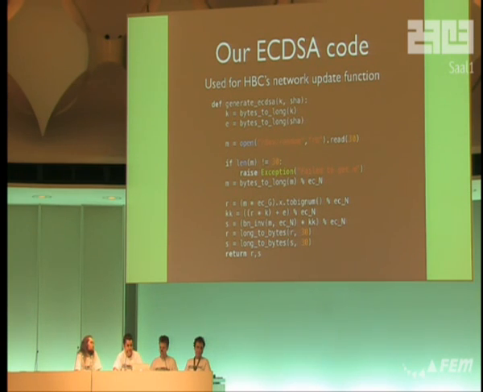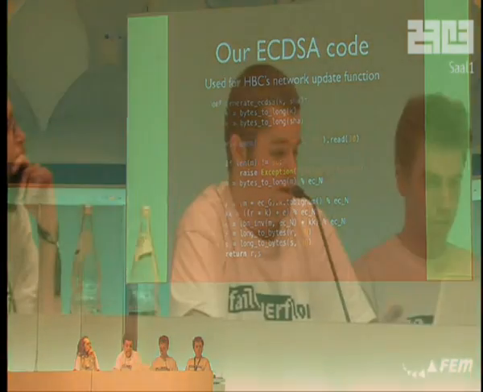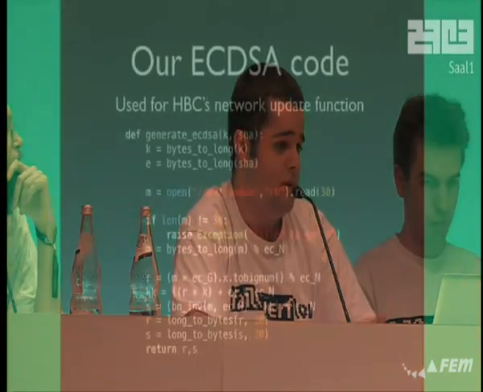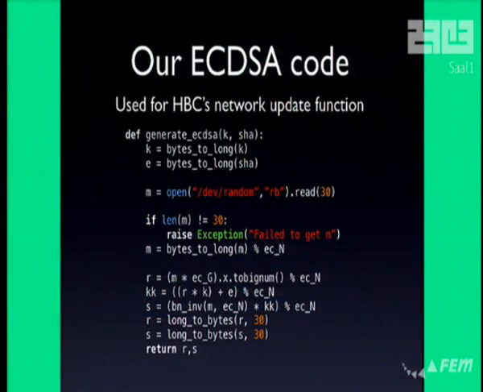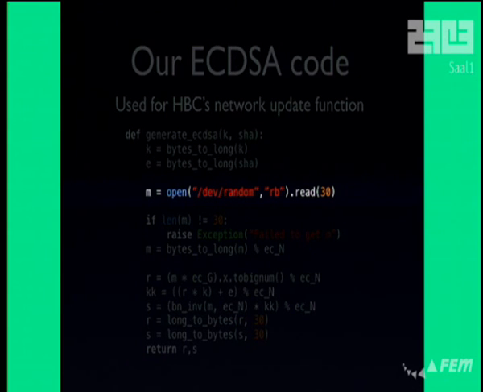So we actually used ECDSA in the homebrew channel's network update function so that someone can't own your Wii through a man-in-the-middle attack or something. So this is how we do it, right? We do the EC math. You can see the M times G stuff there. And for M, we read cryptographically secure random numbers from /dev/random on Linux. You know, that's what you're supposed to do, and what Sony does is, well,